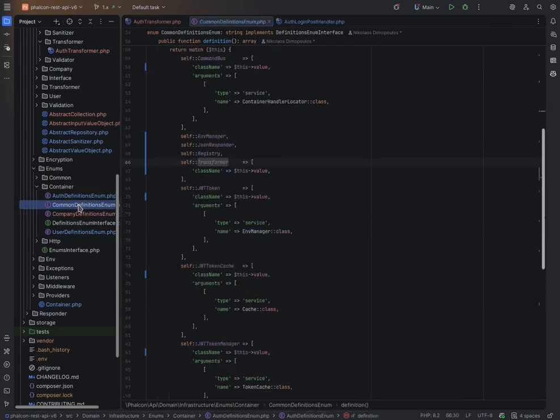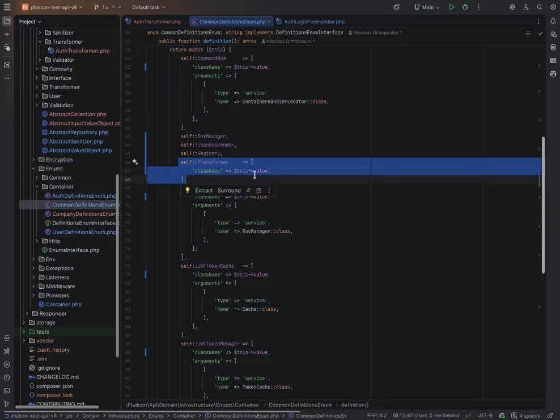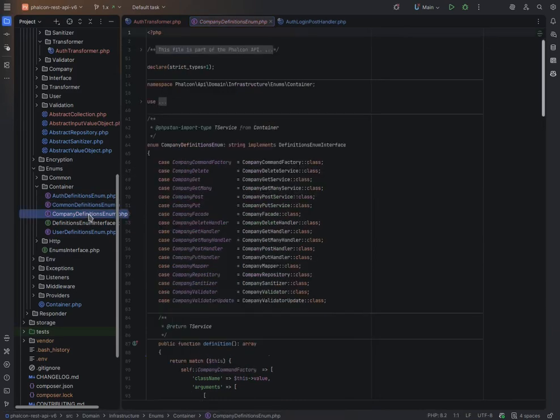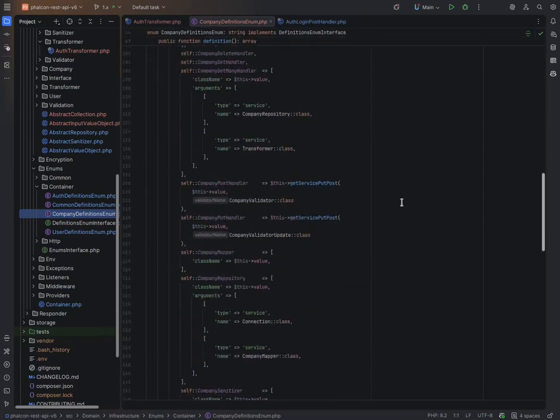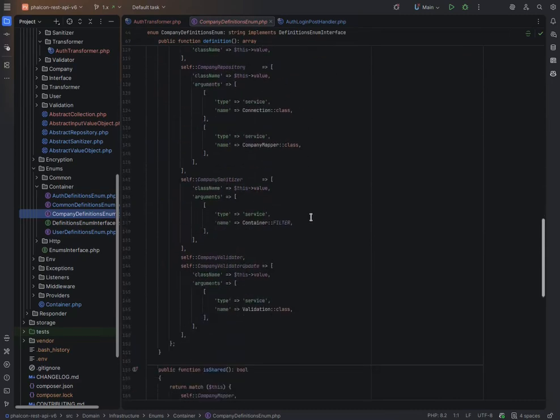Equally, we have here the transformer, the main transformer. That one was the auth transformer. The main transformer here as a class, and for both the company definitions and the auth definitions, if we go down to the handlers,